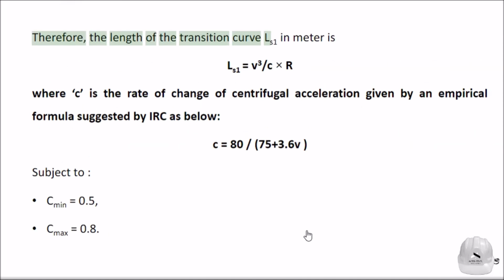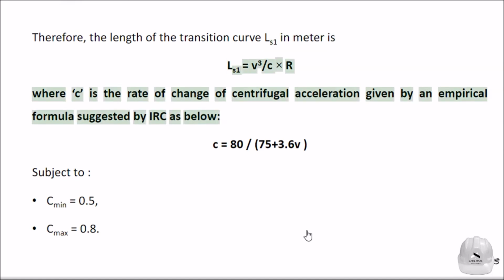Therefore, the length of the transition curve L_S1 in meters is L_S1 equals v³/(C times R), where C is the rate of change of centrifugal acceleration given by an empirical formula